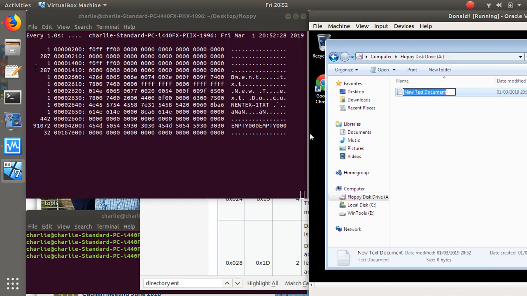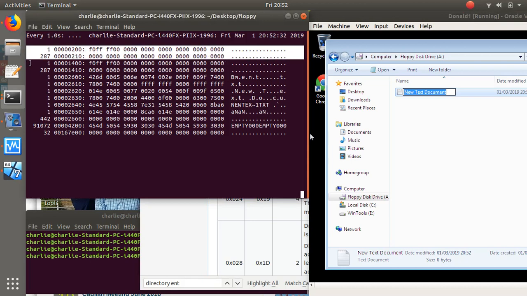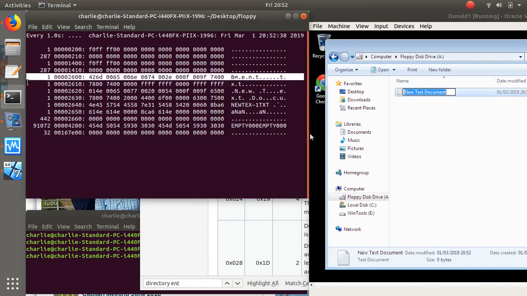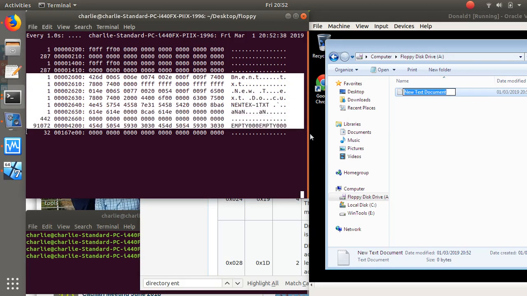Now, so there are your 2 fats, just to remind you. There's the other fat. And this is your directory area. Okay, now you're probably wondering what this is. It does look a little bit strange. And what happens is that